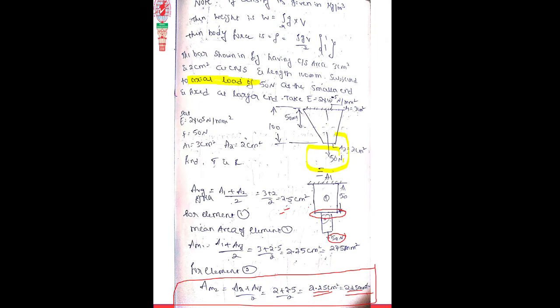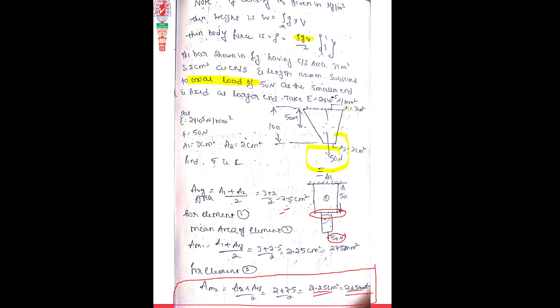What is the equation for calculating the body force? Yesterday we did it, no? It is A1 L1 rho W by 2. Do you know the rho value here? Is the weight density value given here? No, sir. That means definitely there is self weight acting as a body force, but you cannot find it out.